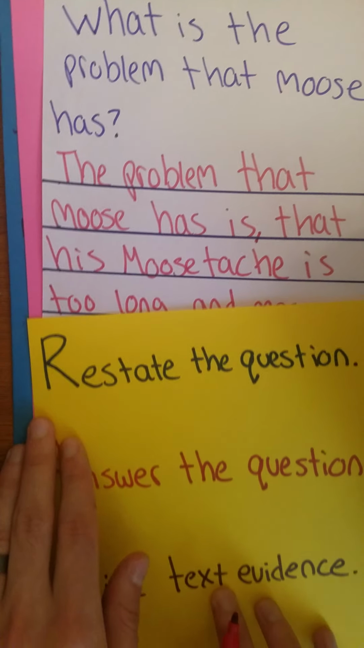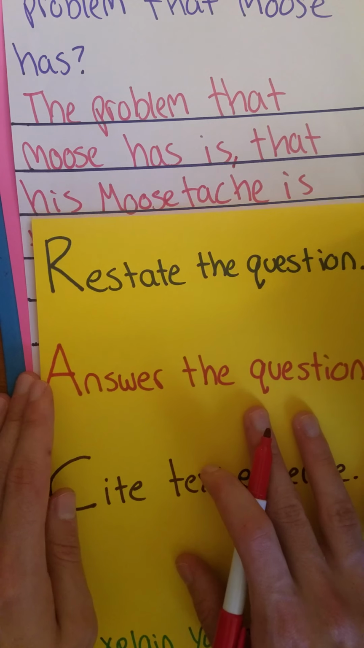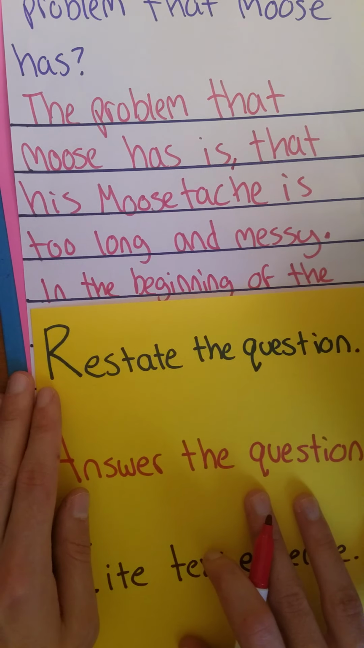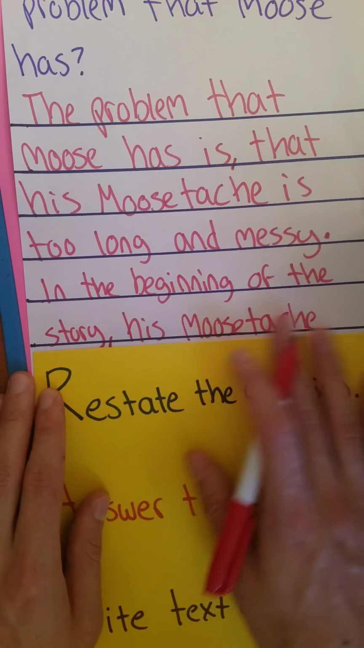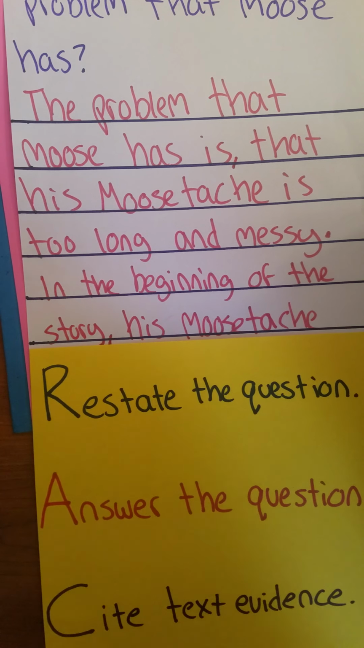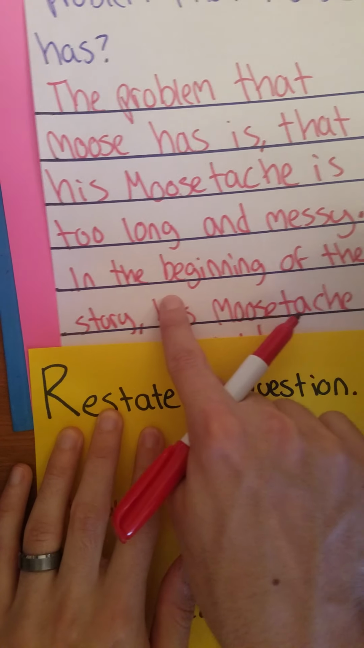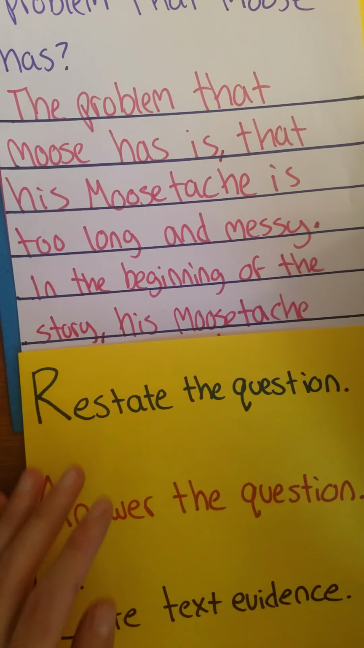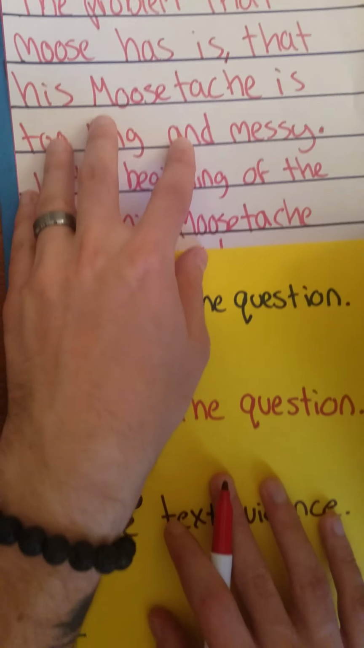Now let's look for our C, cite text evidence. In the beginning of the story. Boom, let's freeze right there. That's our text evidence. We said where in the story we found the answer to the question, right? In the beginning of the story. Now finally, we have to make sure